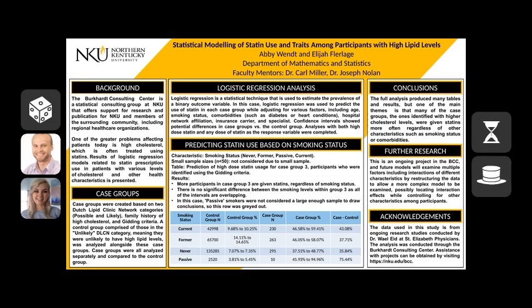The control group was comprised of those in the unlikely DLCN category, which meant that they were unlikely to have high lipid levels. These case groups were all analyzed individually and then compared to the control group to see if there were differences in statin use. Logistic regression is a statistical technique that's used to estimate the prevalence of a binary outcome variable. In this case, we were using it to predict the use of statin in each group